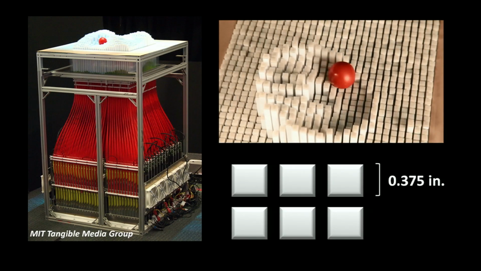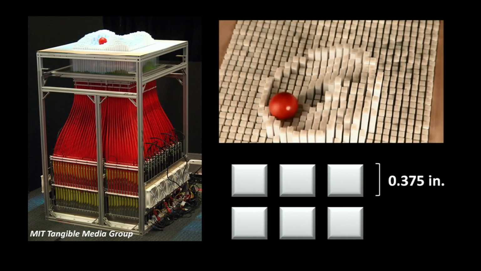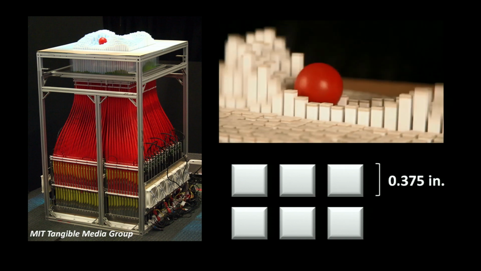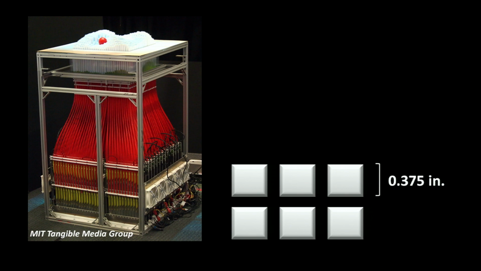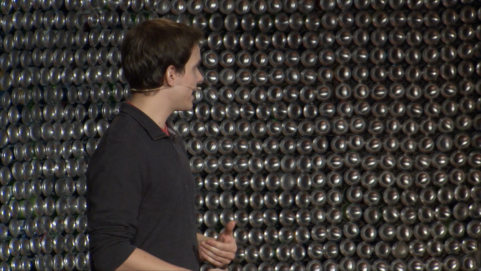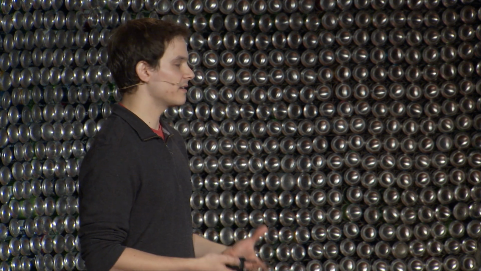You might have seen this video. It actually came out last week. This is a really cool example of a reconfigurable pin display that some of my friends made at the MIT Media Lab. This device is individually actuated, so all the pins have a single motor on each one. There are 900 pins with a 3/8 inch resolution, and it was used for haptic interfaces and for making experimental